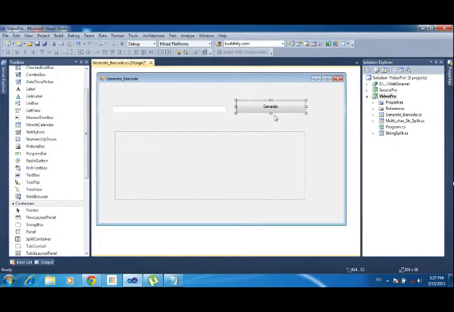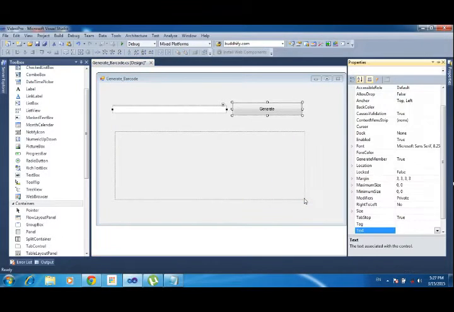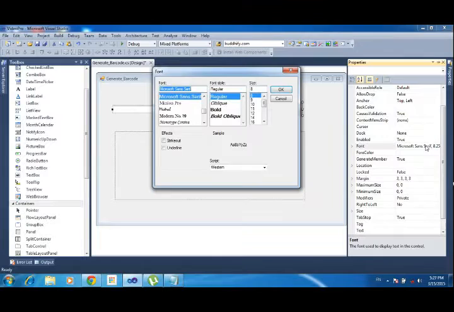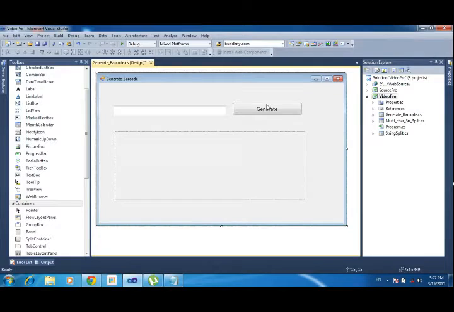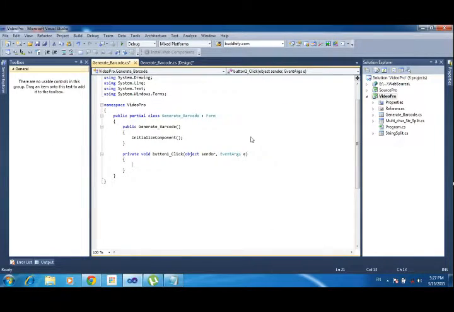So I am changing the font size of the controls. I am selecting those two components and going to the properties section. I am choosing the font section, and inside it the font name. I am using Segoe UI, selecting the regular font style, and putting 12 as the font size. Okay, now I am double clicking this button.